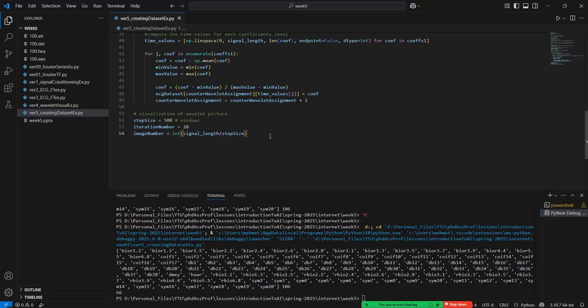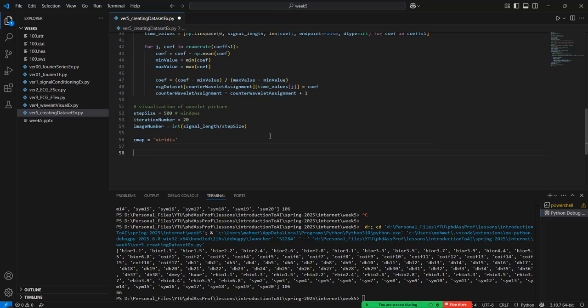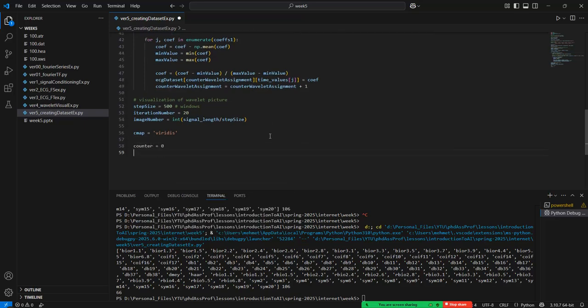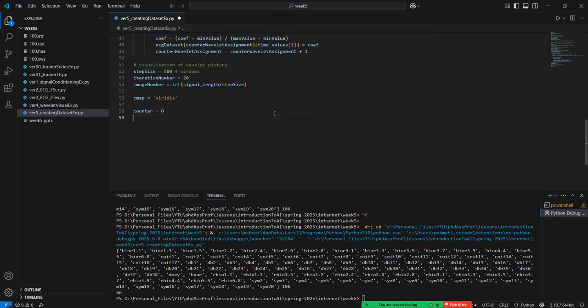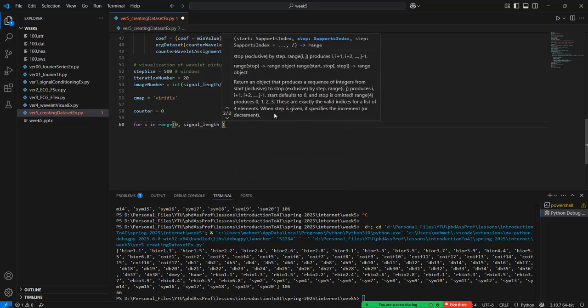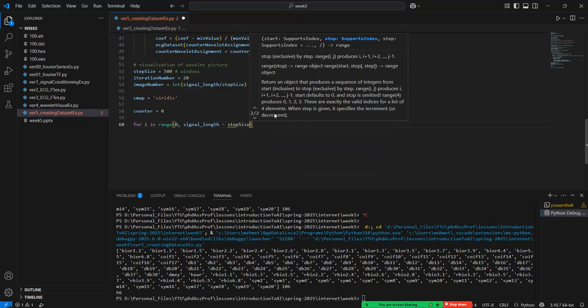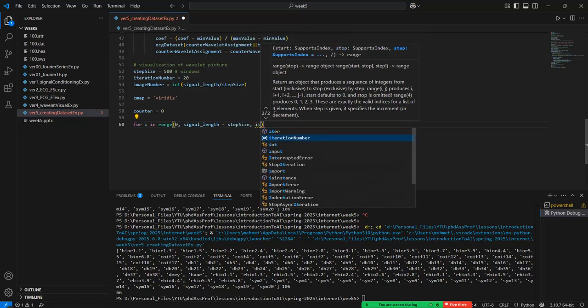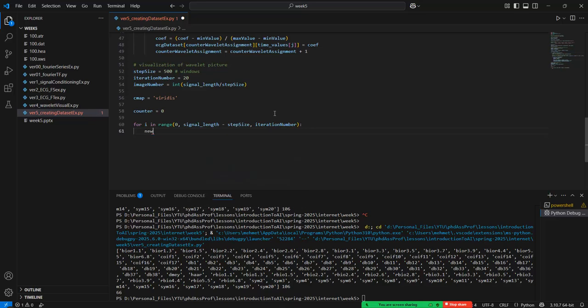Okay, so CMap is where it is. It's the basic tool for plotting the numbers in here. And so for i in range of 0 to signal length minus step size and iteration number in here, and so the new matrix is assigned to the